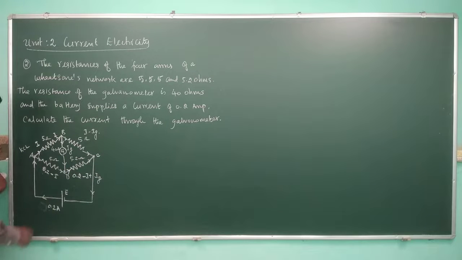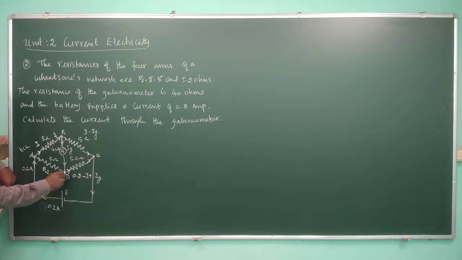Okay. So at node A, what is that? Here 0.2 amperes of current which is incoming to the point A is divided into 2. One we denote I current. I is the current that is flowing from A to B, while the remaining, that is 0.2 minus I, is flowing from A to D. So out of the current I at point B, it is divided into 2, so that Ig is the amount of current that is flowing through the galvanometer, so that I minus Ig is the current that is flowing through the BC line.